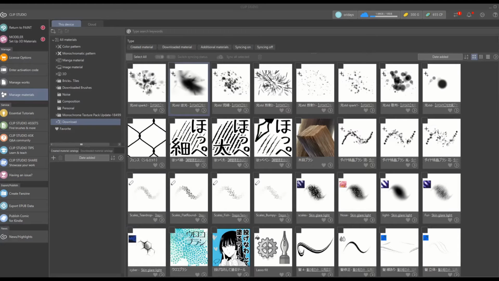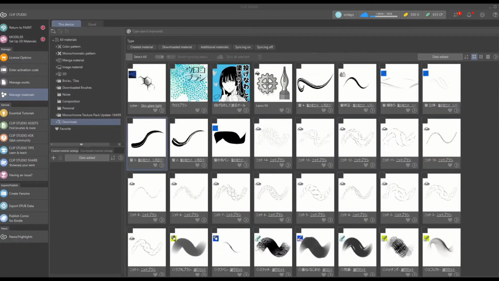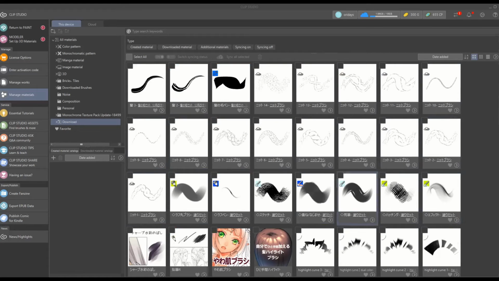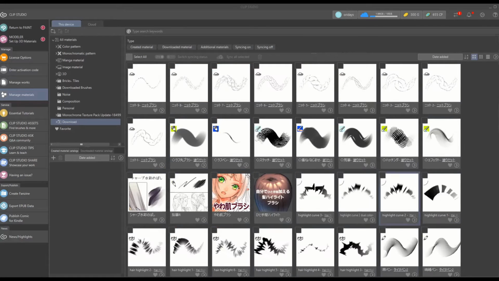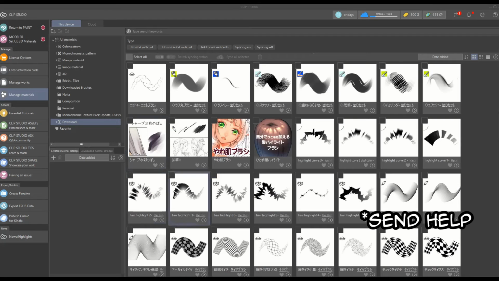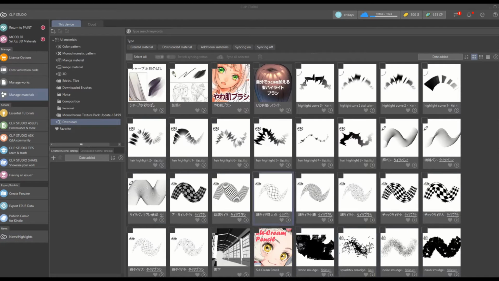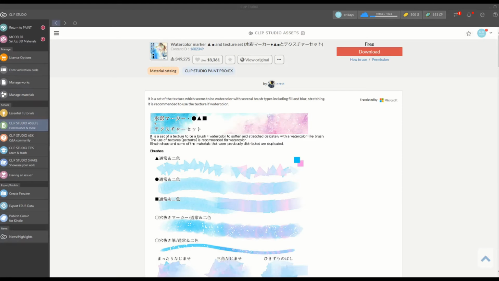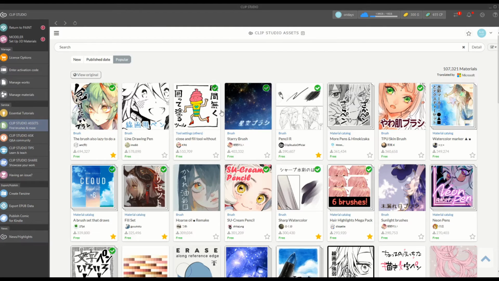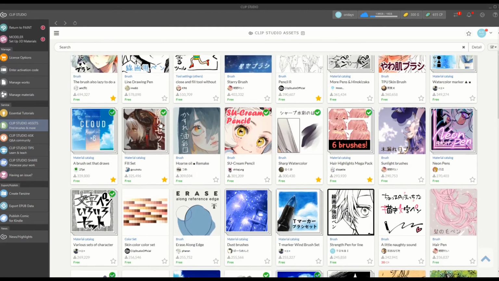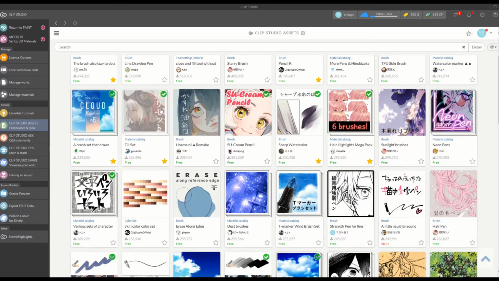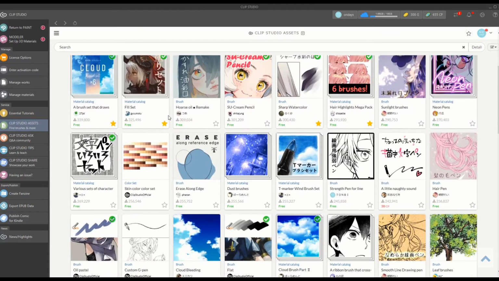Also, another thing I would recommend is not downloading too many new brushes at one time, because downloading everything and anything on the asset store and having like 50 new brushes staring at you in the face is a good way to instantly overwhelm yourself. So stick to just introducing a few new things at a time, and try a painting or two with each brush to get a feel for it before moving on to the next one and then comparing which one worked